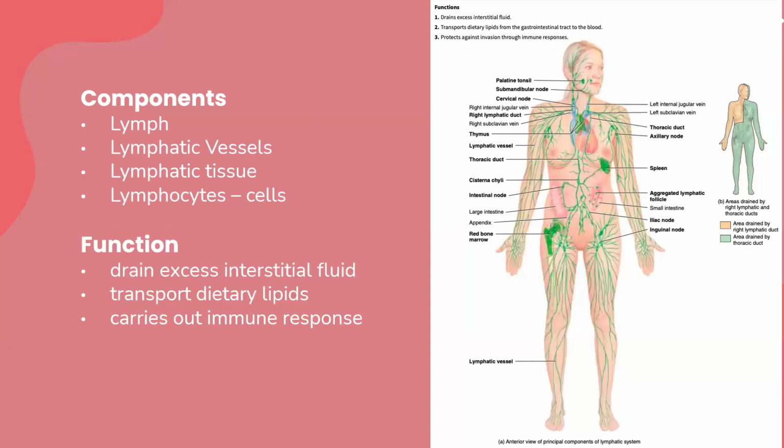The lymphatic system has different functions. First off, it drains excess interstitial fluid. So your lymph vessels drain that excess fluid from tissue spaces and then return it to blood. Remember, in those blood capillaries, that's where this excess drain exchange happens. It also transports dietary lipids. So the lymph vessels, other than just being sort of the basurero of the body, they also transport lipids